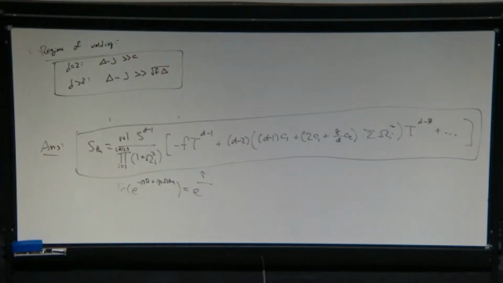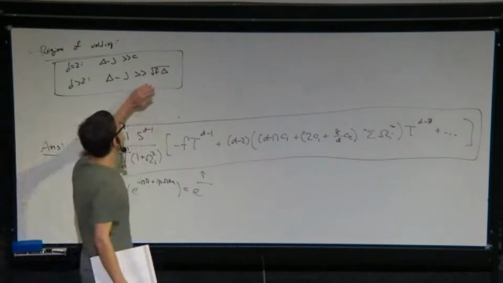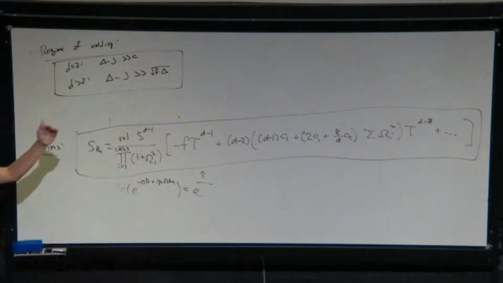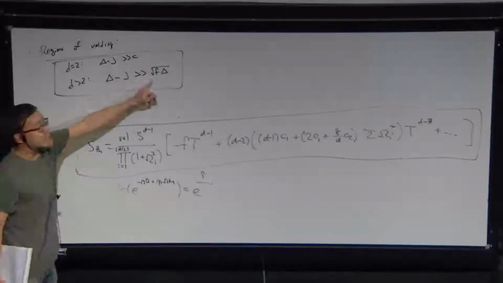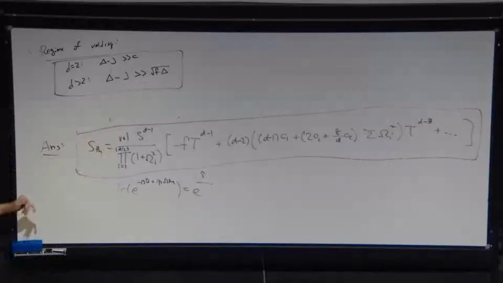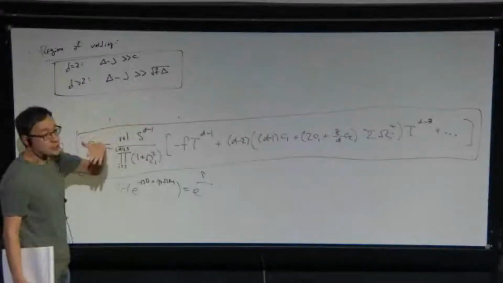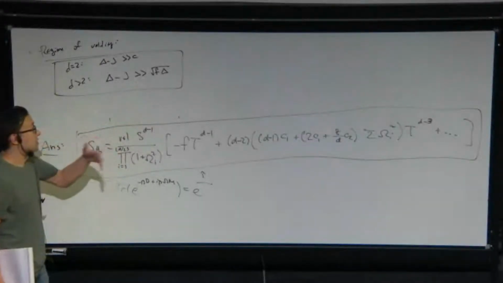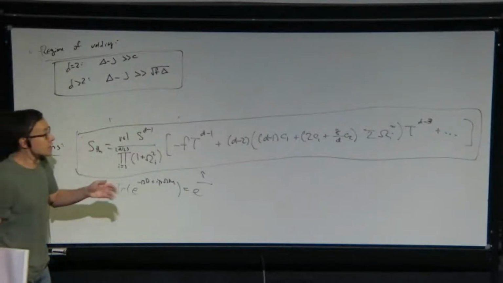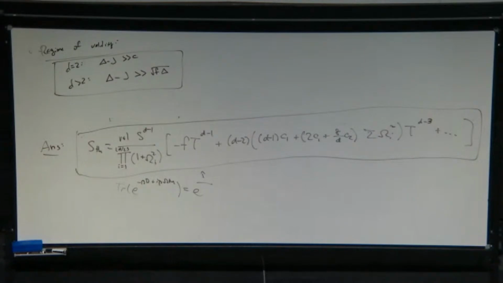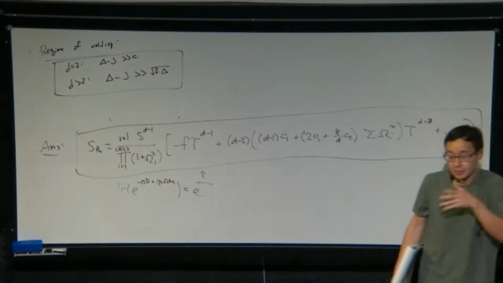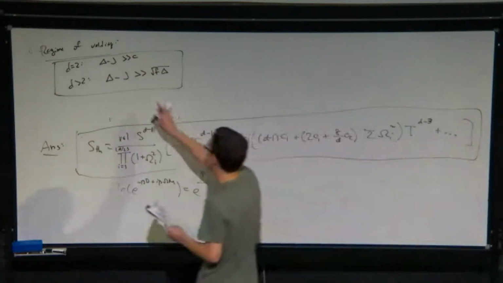So what this means, to answer Scott and Sylvia's question, is you can take J almost all the way up to delta. J can be delta over 2, that's fine. It can be like 9/10 delta, that's fine. But it can't touch delta. It has to differ by square root of delta. So if you're interested in the regime where the spin is delta minus delta to the 1/3, then this is not trustworthy at all, just because here we do some derivative expansion and the terms that we drop could be more important than the terms that we keep. So it's not trustworthy at all if you're not in this regime.